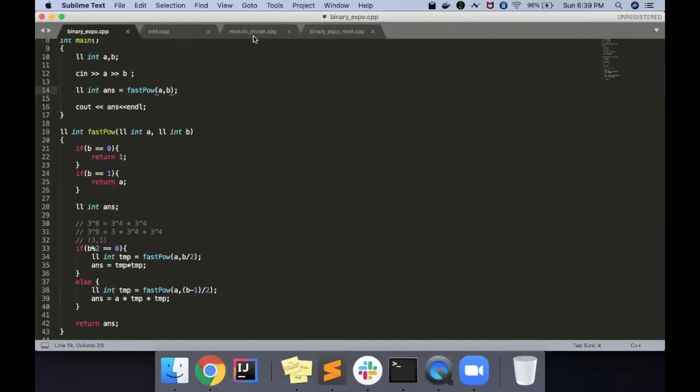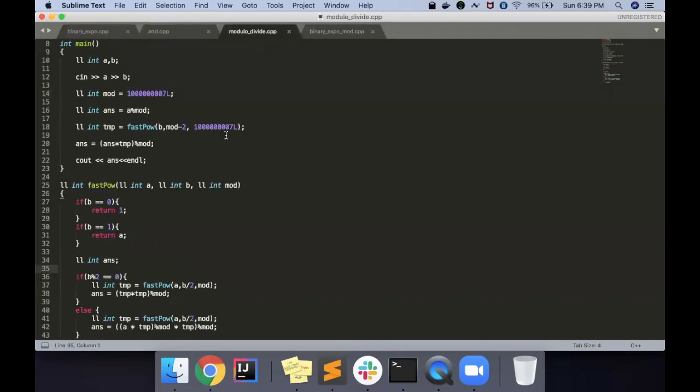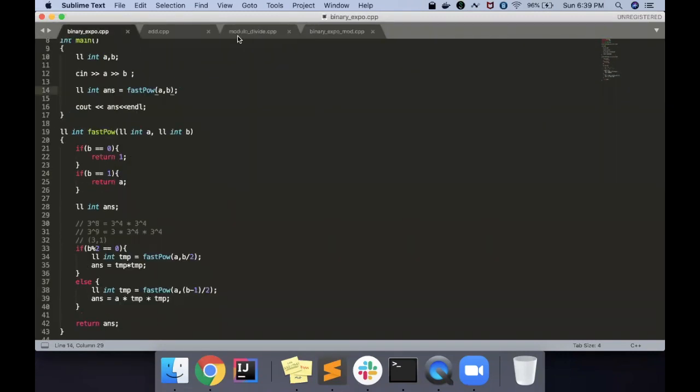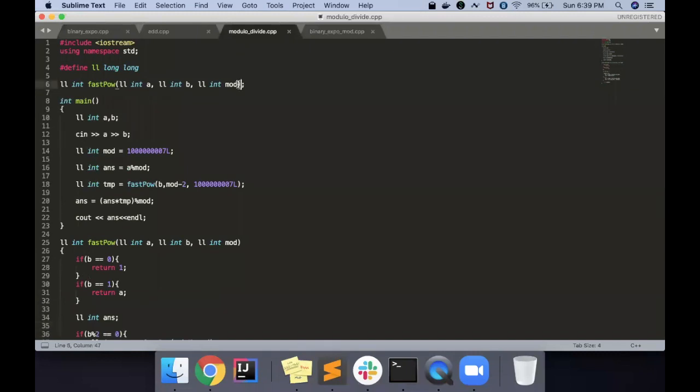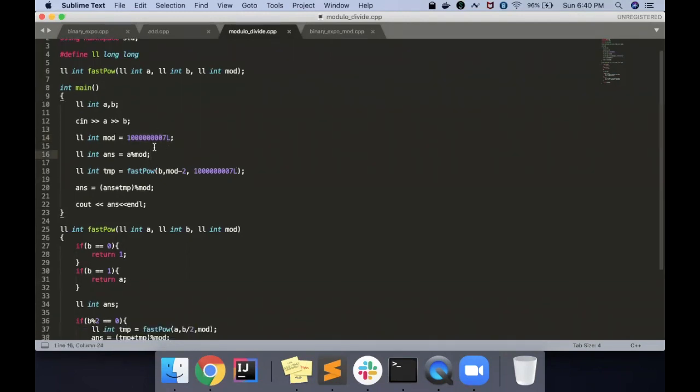I wrote this code. It's simple, a duplicate of the earlier code. If you see it closely, I'm just adding one extra parameter, mod. Again taking C in A comma B, I'm also taking mod, which is 10 to the 9 plus 7. Always add L whenever you're typecasting a number into long int. These are very small things, but very useful. So it is 10 to the 9 plus 7.